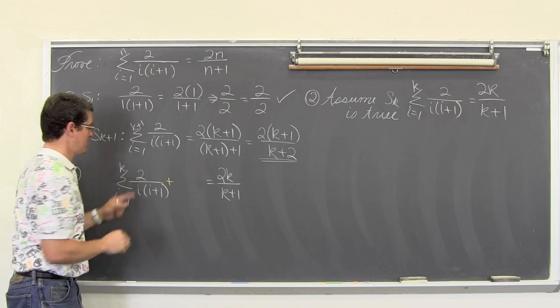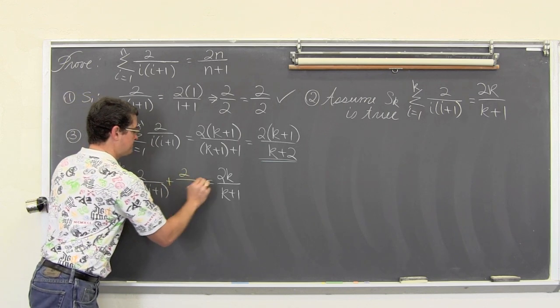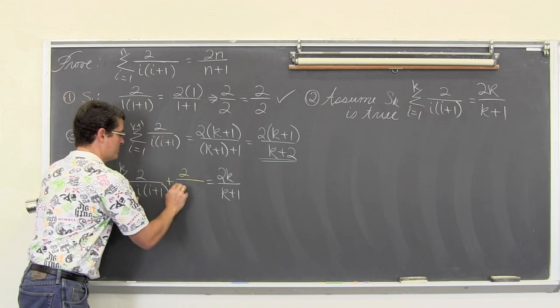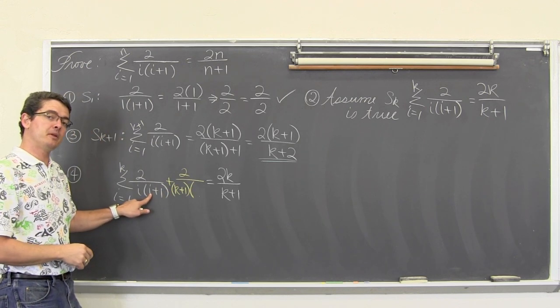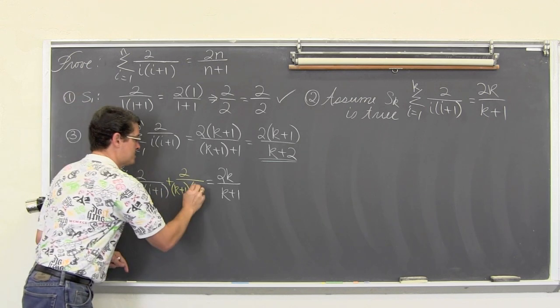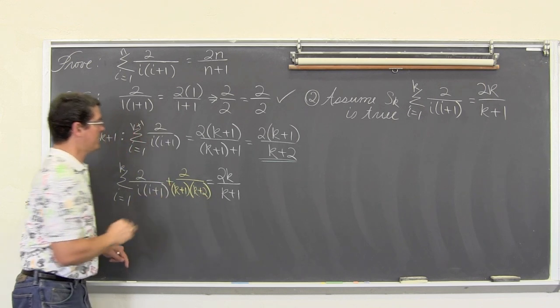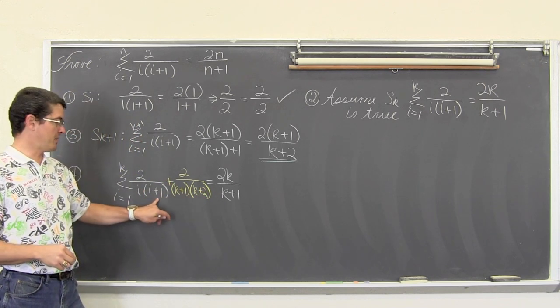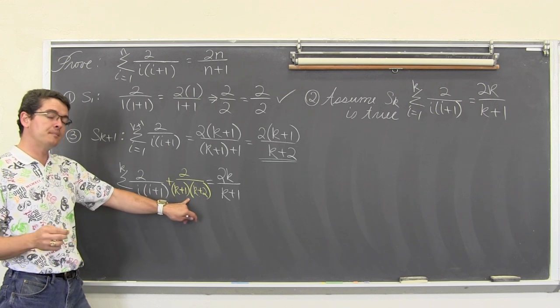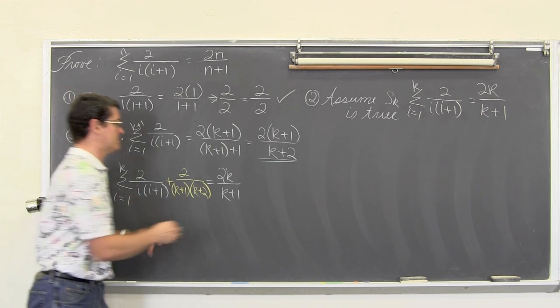So I'm going to take the i out, replace it with k plus 1. Take the i out, replace it with k plus 1, which is k plus 2. And then, you know where that came from, right? 1 plus 1 is 2. And that is the S sub k plus 1 term, and I'm going to add that to both sides.